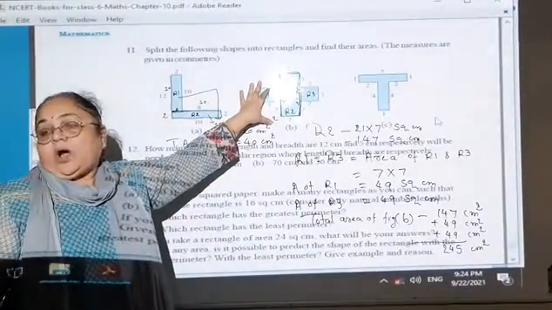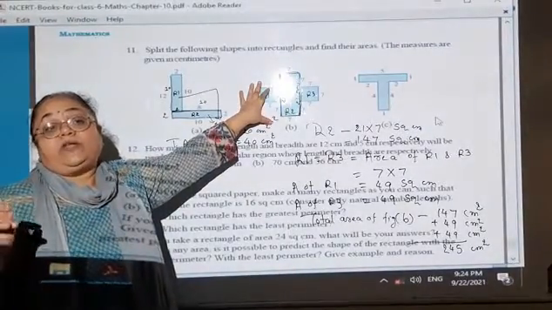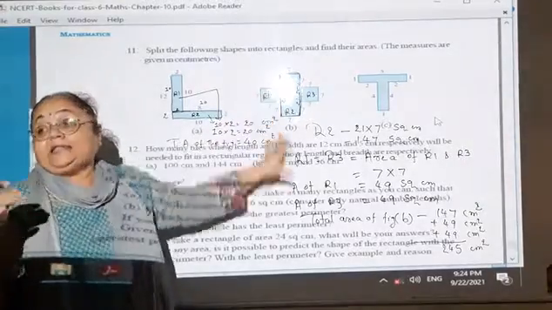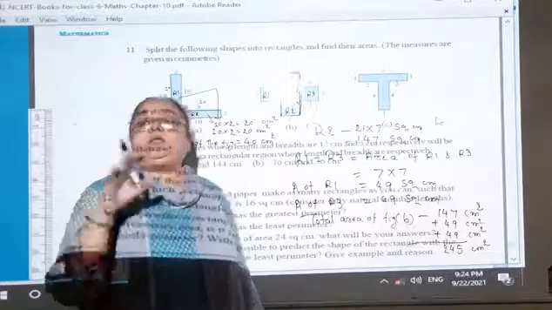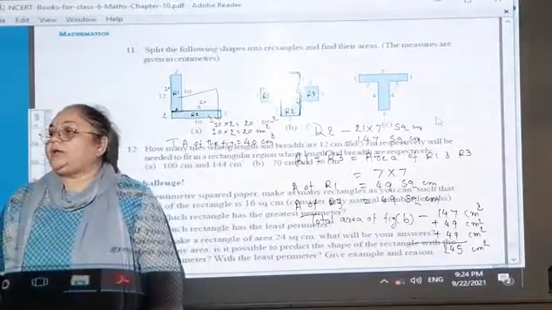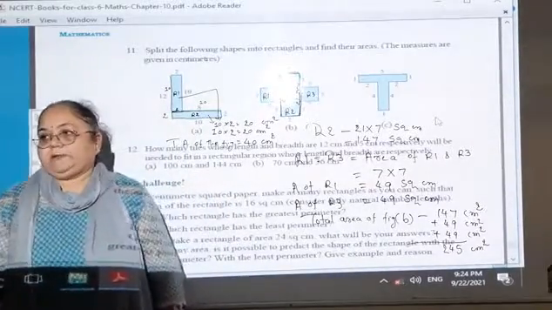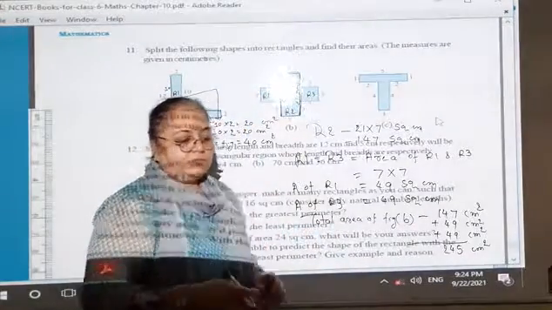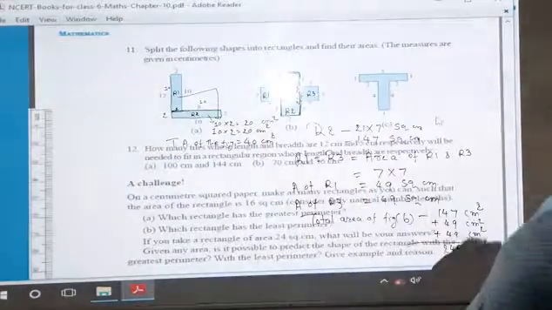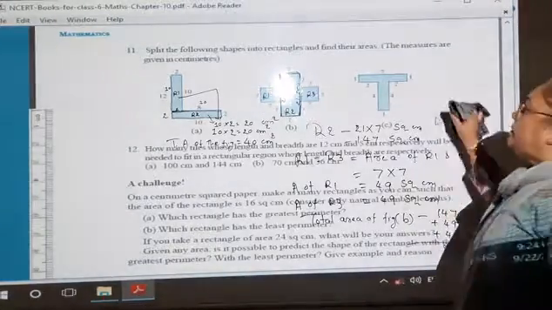I suggest you all to go with a different method from the one I am explaining. What will happen in that case? You will get more clarity whenever you solve according to your own choice. Okay? So is that clear? Yes. Sure. Now let us move ahead with figure number C.